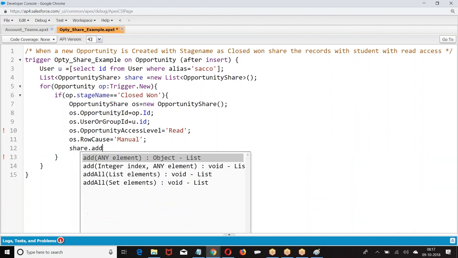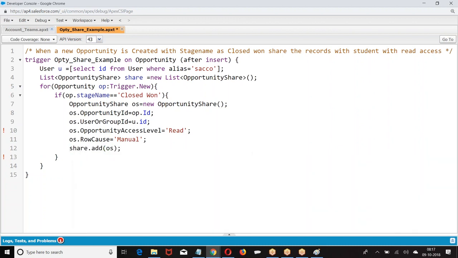Then I'm sharing. Opportunity share, opportunity ID, user or group ID, opportunity access level, row cause.